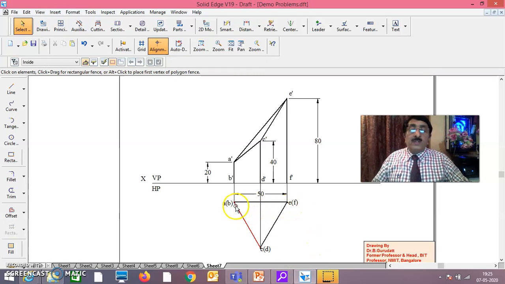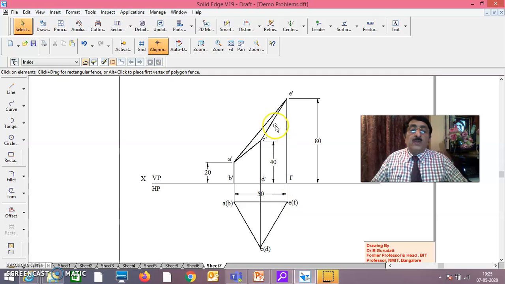In the top view we have got 3 points: A bracket B, C bracket D, E bracket F. Now we have to get the true length of the top ends of the poles. A and C is inclined to HP and inclined to VP. You have to get the true length because it is inclined to both HP and VP. In the same way, CA is inclined to HP and VP.